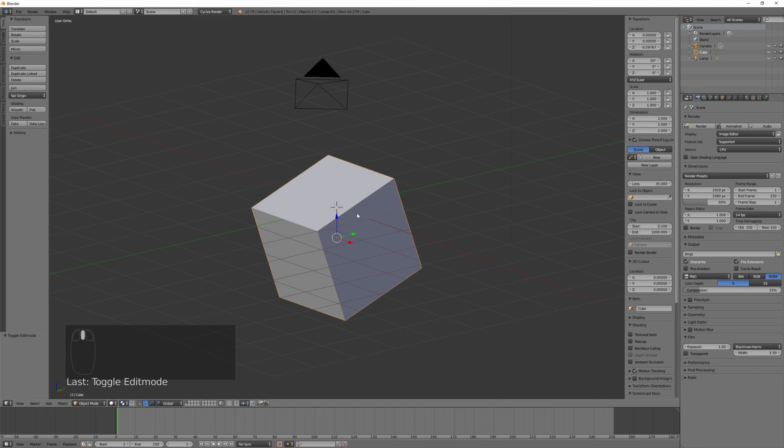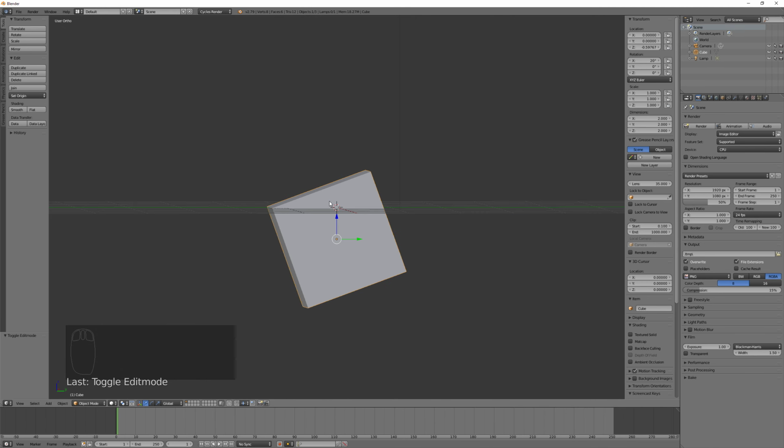All right, so now my ramp's lined up like I want it, and I just need to clean up some of the vertices that I don't need below. So to do that, I'm going to merge the vertices at the very bottom with the vertices on the leading edge. Switching to edit mode,